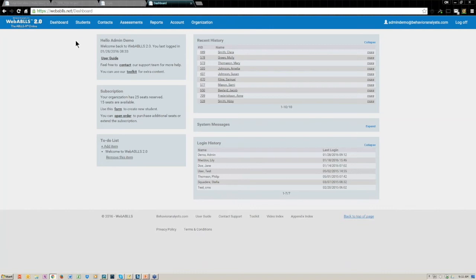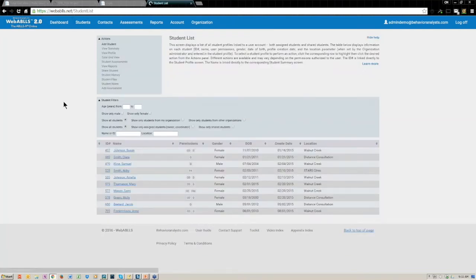First, though, I'm going to talk about some of the mechanics of how these little boxes work. We have 3 core features of the mechanics. We have action panels, we have student filters, and we have lists. They will vary from screen to screen, depending on what the function of that screen is. But nearly every screen will have action panels. And the action panels are basically a box with links to the different features and functions related to that current screen.